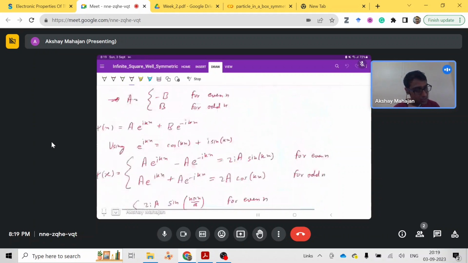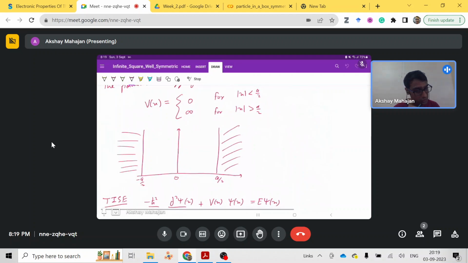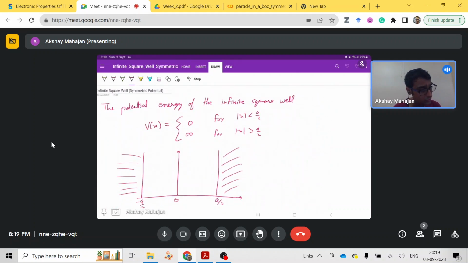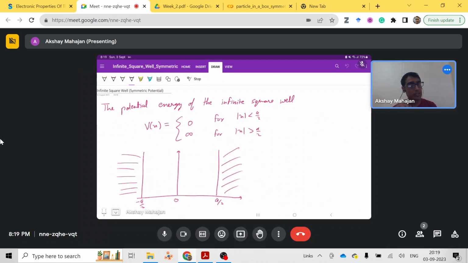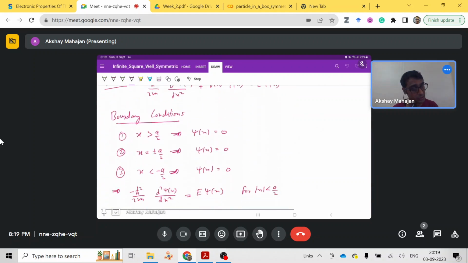So because of time constraint, this is the solution for our infinite square well symmetric potential. Because of time constraint, I don't think we can go on now. We are already over 2 hours. So in the next session, we will go through this Python script for this symmetric potential,